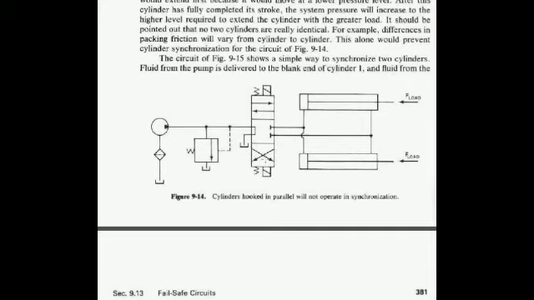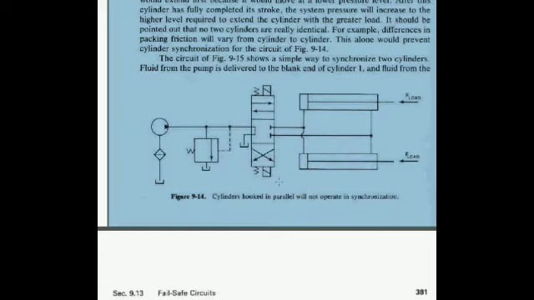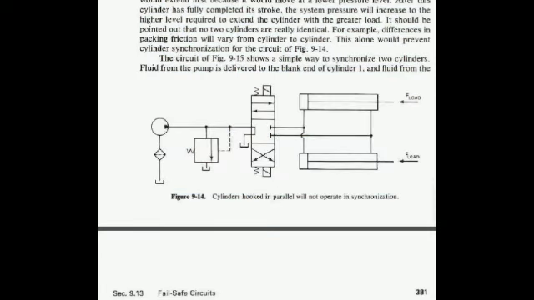Similarly in the retraction, the P port will be connected to the B port, that means it will be circulated to the rod end of a cylinder. I will get the retraction motion, and the blind end side fluid flow will be connected to the A port, in turn it is connected to the tank, right? So these two envelopes can be actuated with the help of solenoids, which can be controlled electronically.